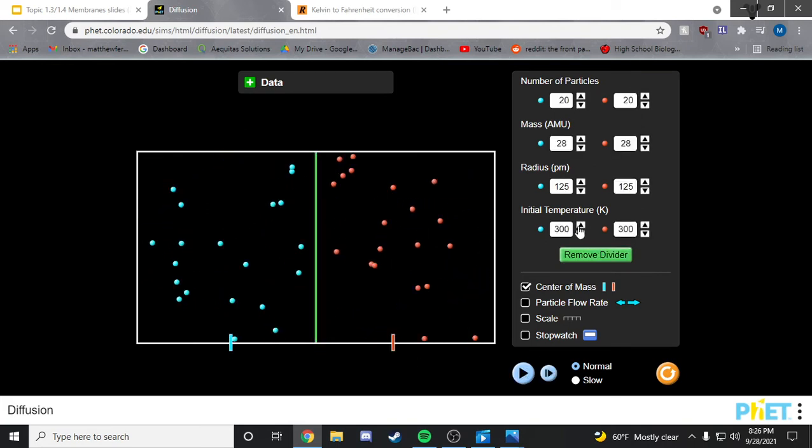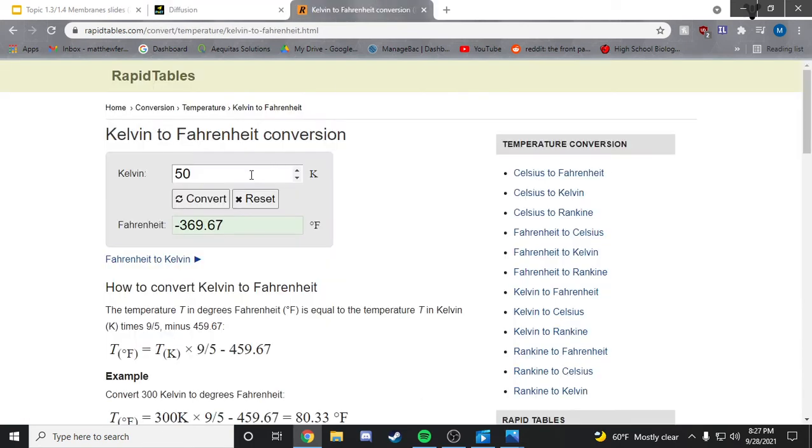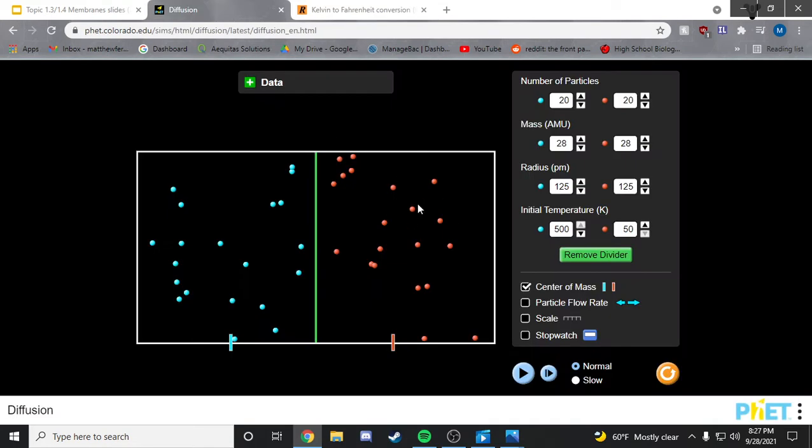The other thing that we can look at here really quickly is, say, if we bump our temperatures up and down, a real quick 500 Kelvin, so 50 Kelvin, the red